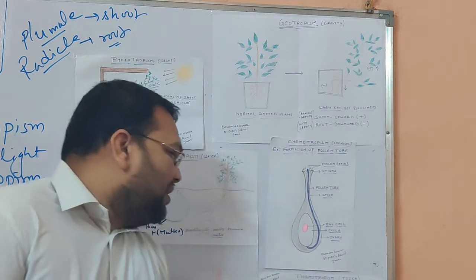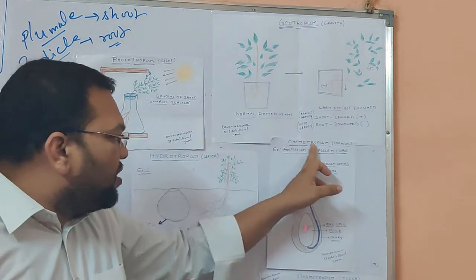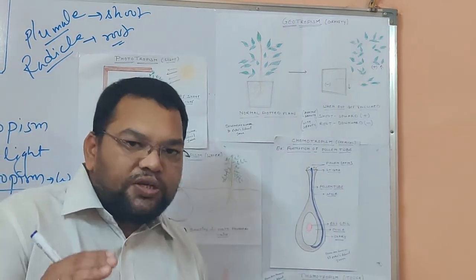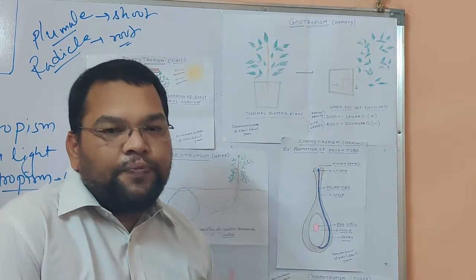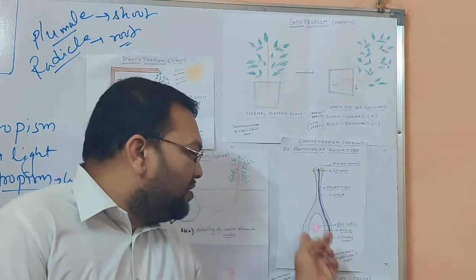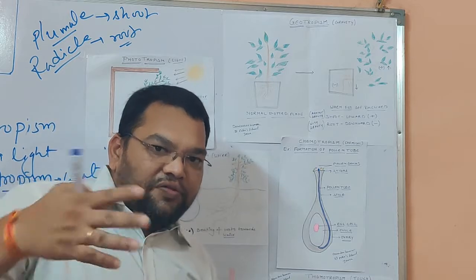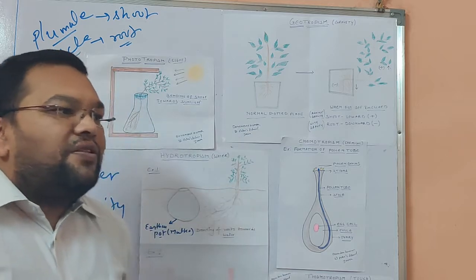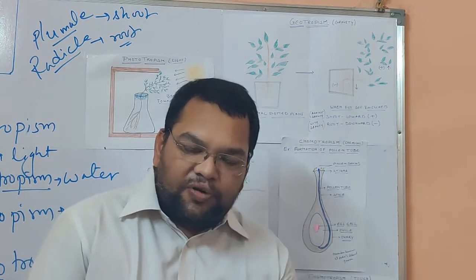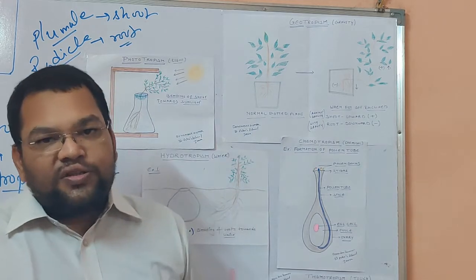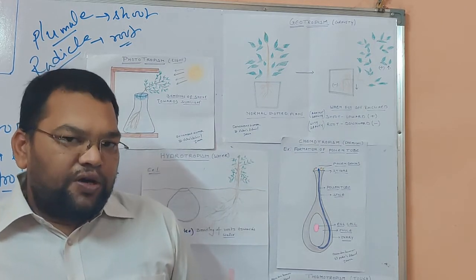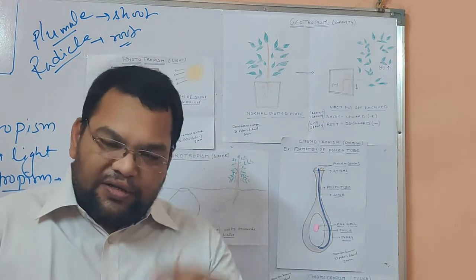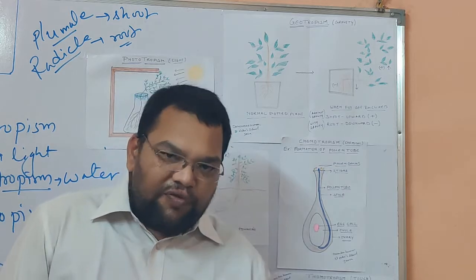Now the next thing is chemotropism. It is clearly mentioned here. Chemotropism means chemical, so it is due to the movement of chemicals. To understand this, we have to go a little bit into the reproduction chapter. When we see reproduction in plants, in the lower classes we studied that the pollen grains from one flower pollinate the same flower or go to another flower.